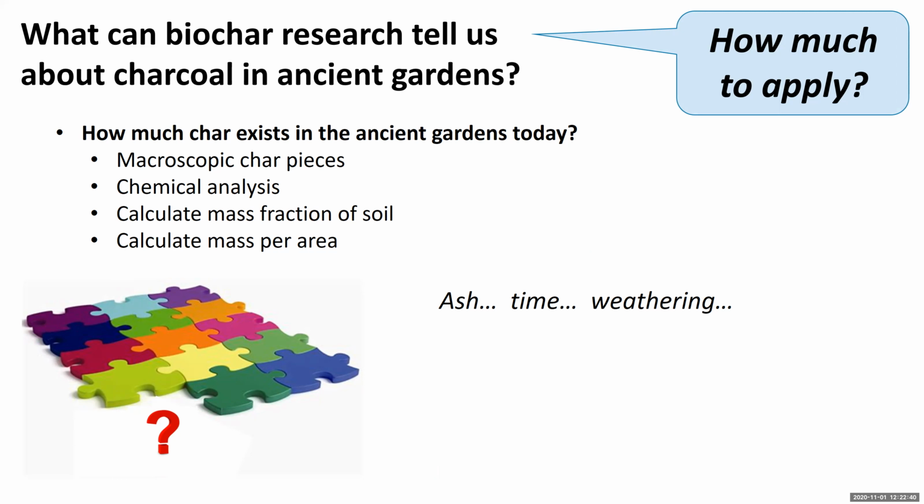And this white ash, remember, contains a lot of important nutrients like calcium, magnesium, potassium, and phosphorus. But it also tends to not persist very long, especially in sandy soils, because it can leach down physically into the soil. And the nutrients in ash can also dissolve in rainwater, and then they're taken up and used by plants. Or they leach through the soil and out of the soil profile and are removed from the site. So this ash can be a really important source of nutrients, but typically lasts for a relatively short period